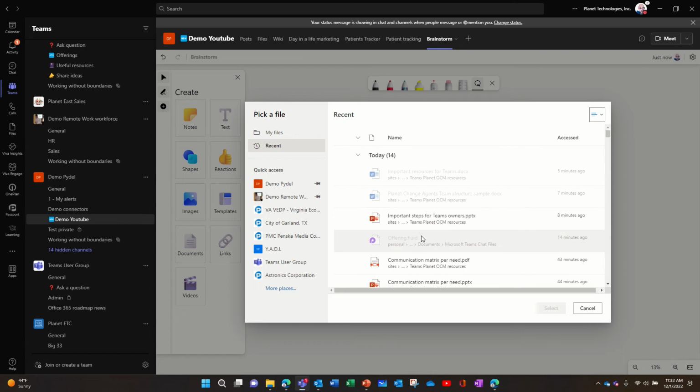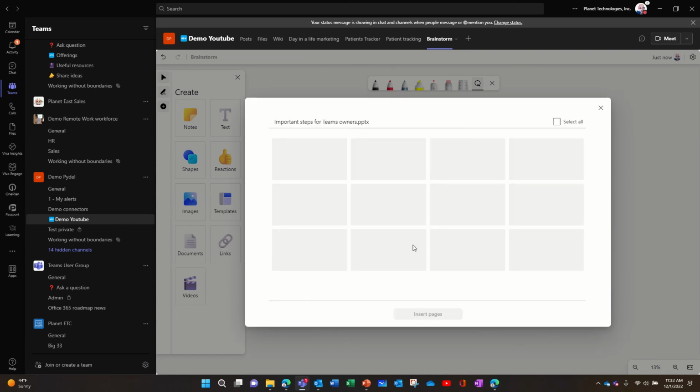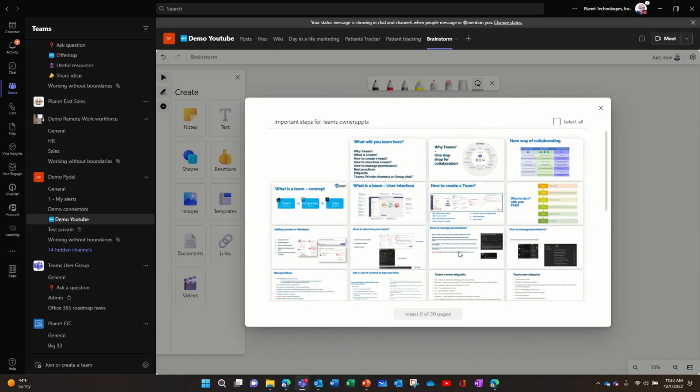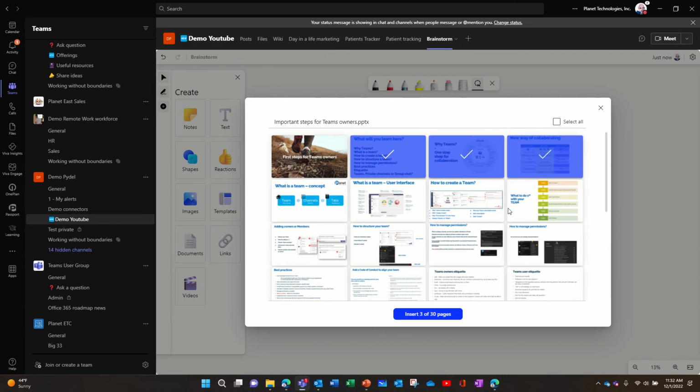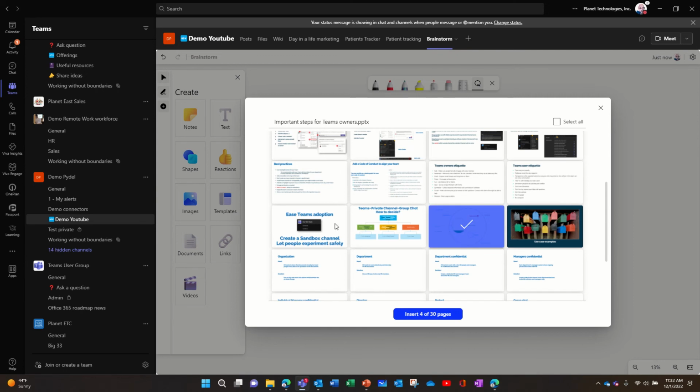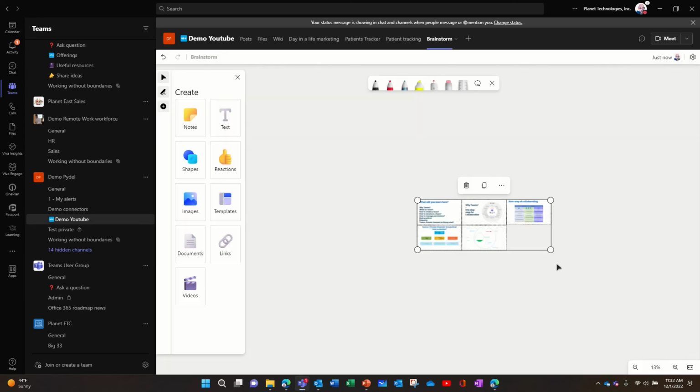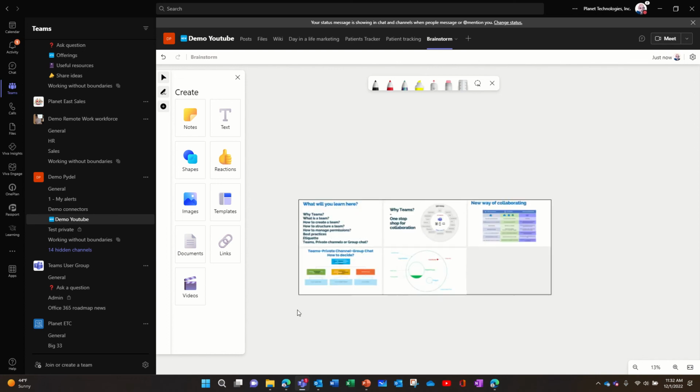So if I take a PowerPoint, for example, this one, and I select it, I will see the slides. So it will try to discover all the slides that are in the PowerPoint, and I can say I want to discuss some item here to brainstorm with the team, maybe one infographic or two, and maybe a few others, what they think, and I can insert that, and now I have my slides here, and